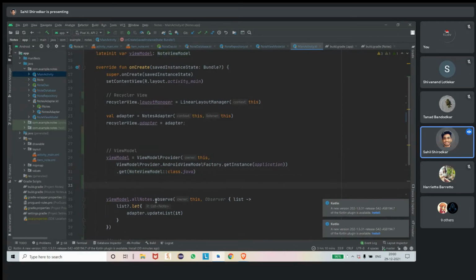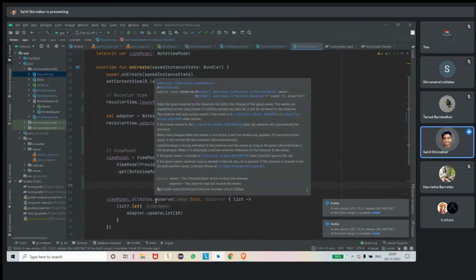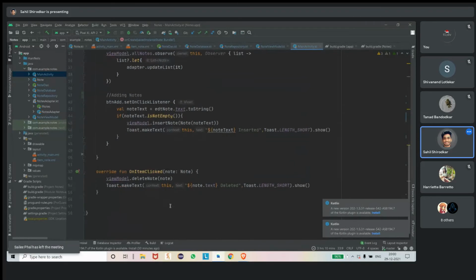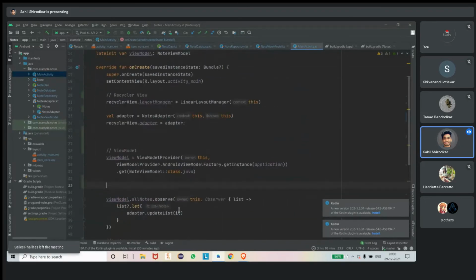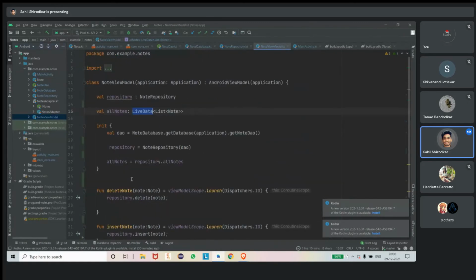That's it. So now, as I told you, let's say we have made this code, and let's say I have deleted a note. Whenever I delete or make any changes in the layout, how will the view model get to know that I have made the changes? At that time, the live data comes into the picture.